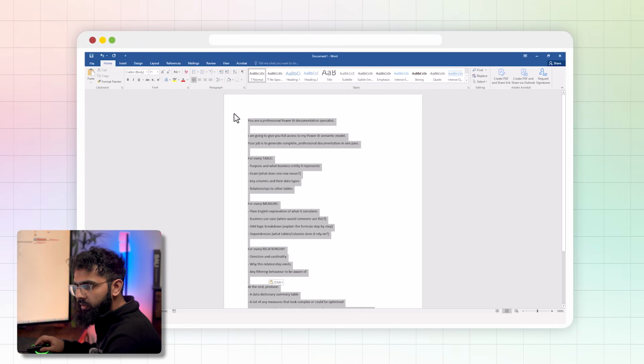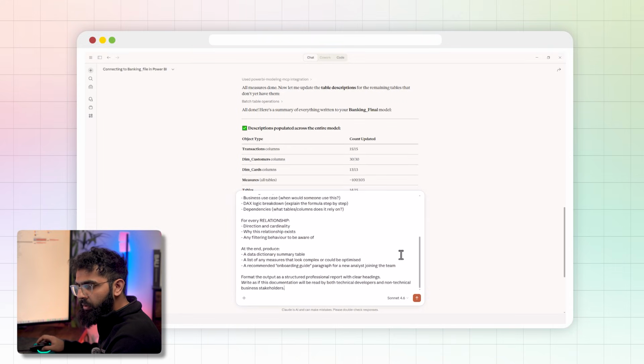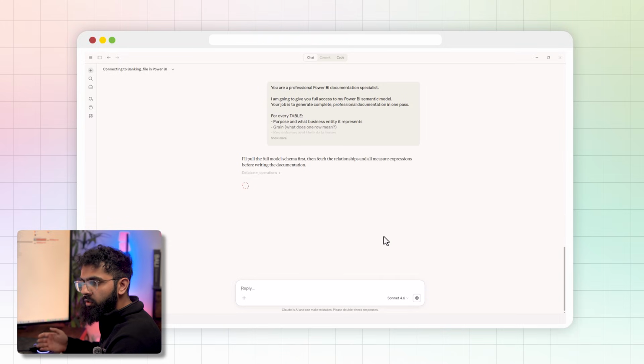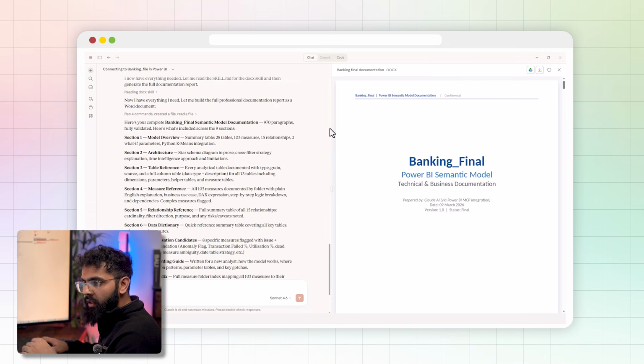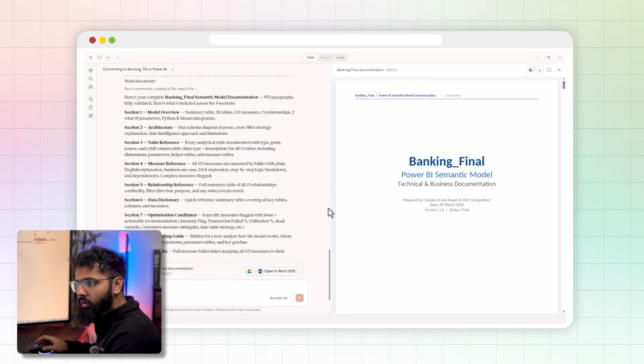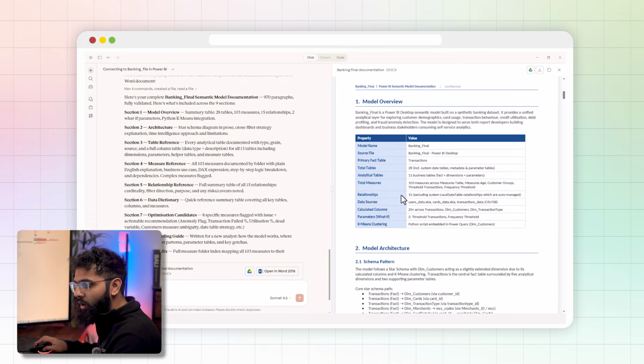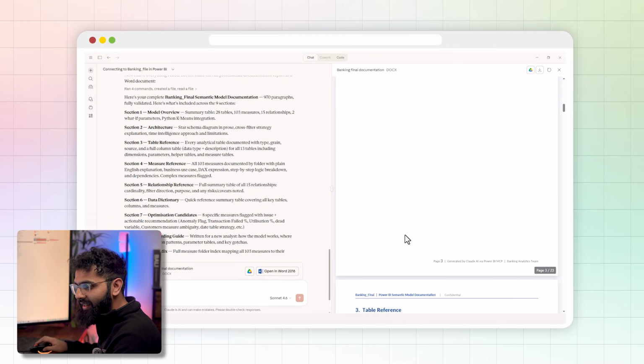So if I copy this script and then go back to Claude, I can simply place that in. It will now generate documentation by utilizing everything we've put together. And once that completes, we can see Claude has built 970 paragraphs, and now that Claude's gone through our entire data model, it's put together 970 paragraphs, 9 sections, and built this document that captures our model overview, the architecture,